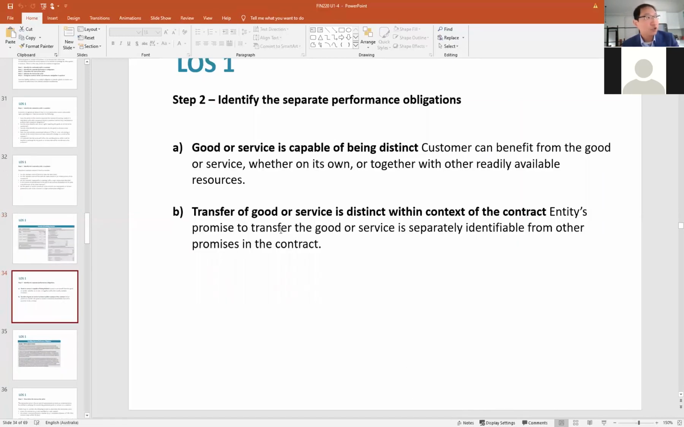In respect to step 2, the idea of a separate performance obligation. A very popular example that I'm going to use is that we all have mobile phones. When you sign up for a mobile phone, you get a phone and you get telecommunication services. But the idea here is that the phone is distinct from the services. And so there are really going to be two components in the contract. And so for each of these separate performance obligations, revenue is going to be recognized when you